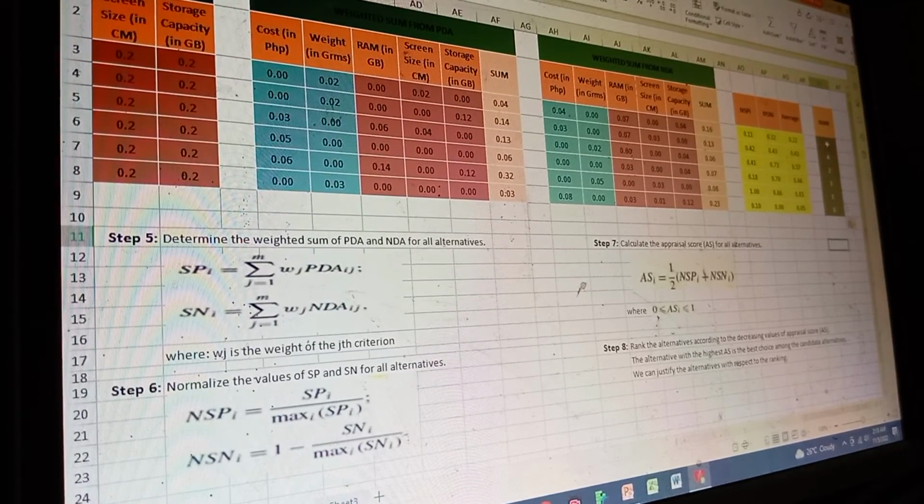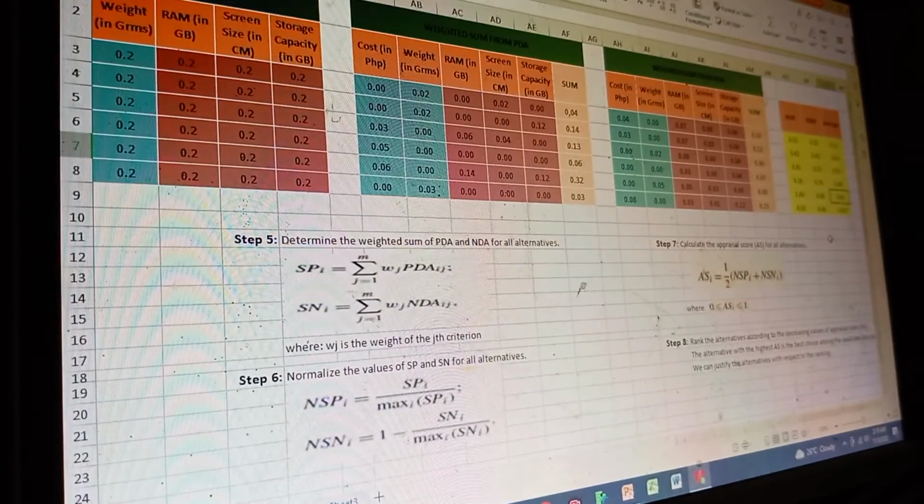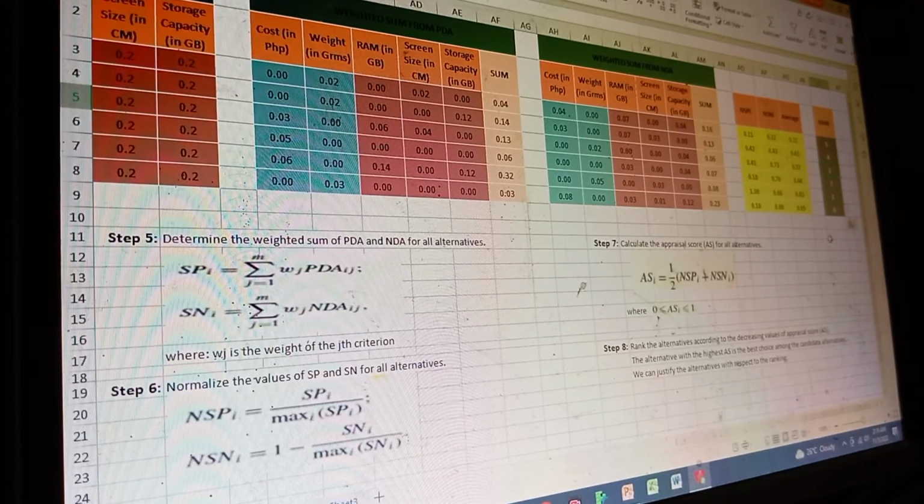So we can see the ranking here. The first rank is alternative number 5. So brand number 5 is the best choice in this example. Then followed by the third alternative, then the fourth alternative. So this is how we can solve